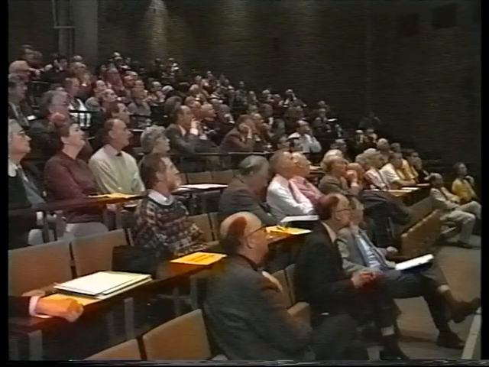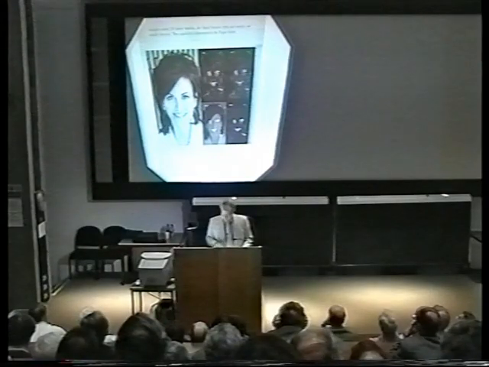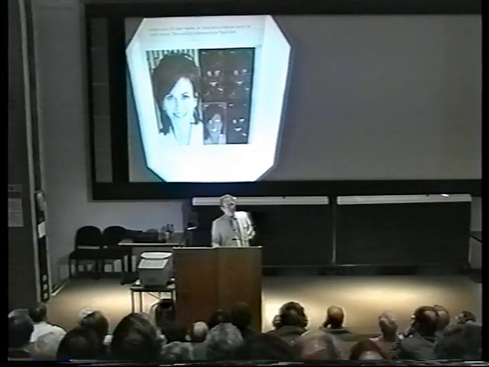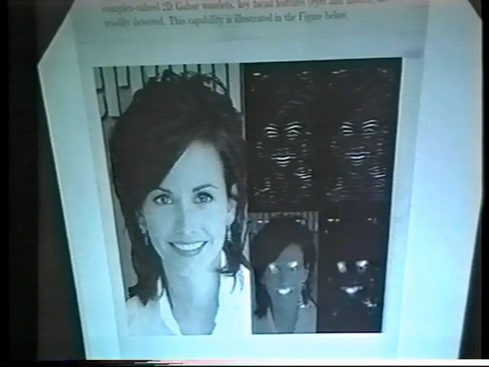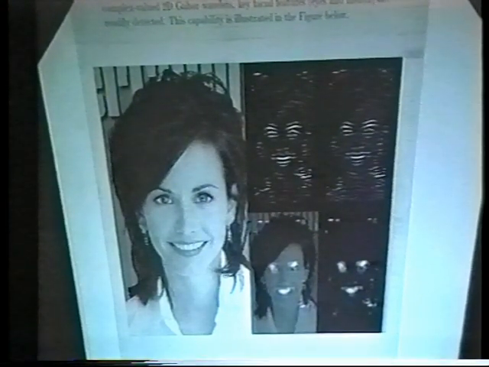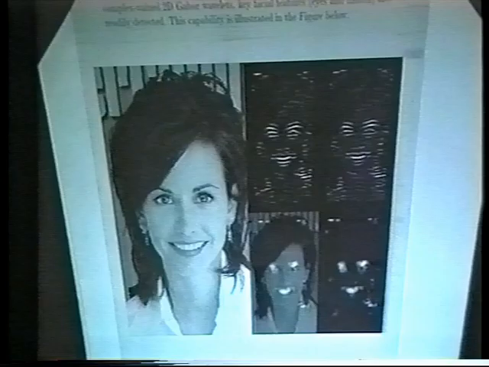Let me now tell you a bit about some of the technical aspects of how it all works. I'd like to describe how the pattern is isolated and encoded and what its statistics are, and what kind of reliability and performance one gets using this method of identification. Of course, you have to first find the eye in the field of view, and that's rather conveniently achieved by the use of wavelets. I'll tell you more about wavelets later. It's a rather important new field of work in signal processing and image processing, and it's sort of taken over computer vision in the last few years.